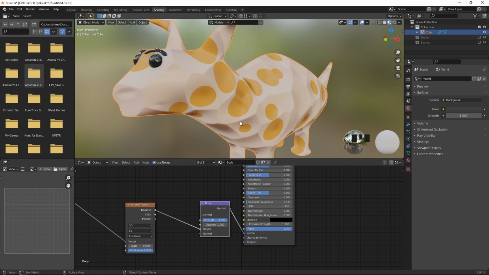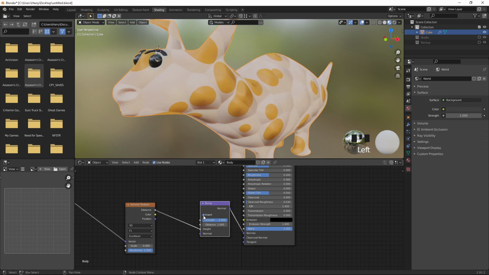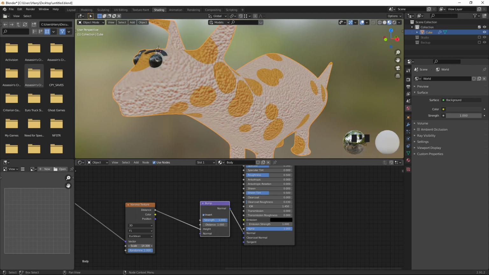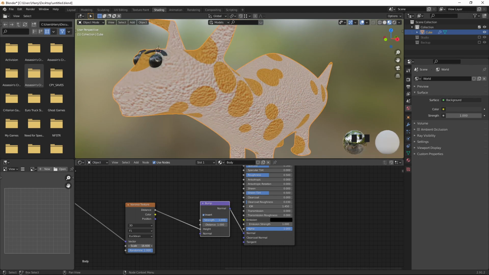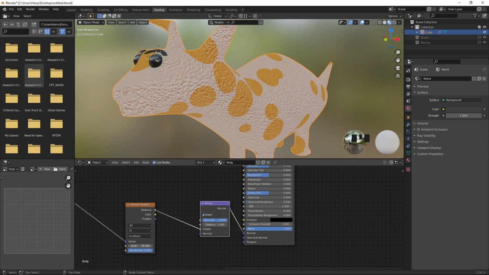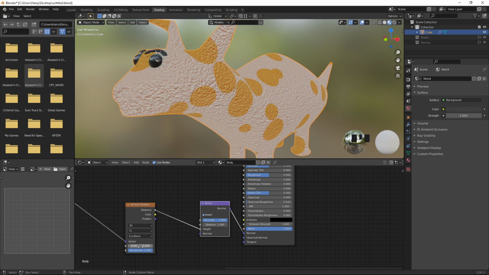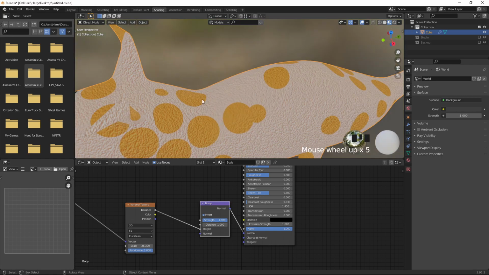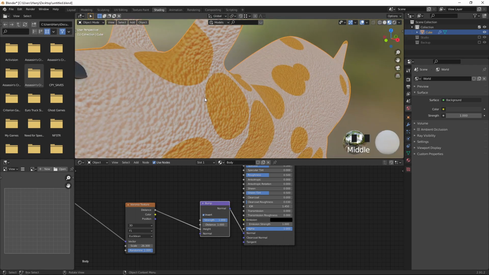Now you can see it's coming, everything is going inward, so I don't want that, it needs to come out, so I selected invert and I'm going to increase the scaling. So it's created the bump here, and I'm going to reduce the strength for that.